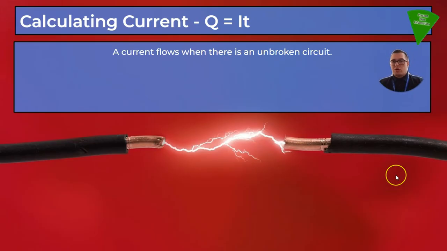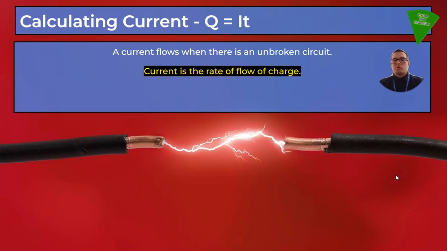Q is the symbol for charge, and any object that has an electric field is charged. Depending on the direction of that electric field, it is positive or negative. When we are talking about electricity, the vast majority of the time we're talking about electrons in a wire. We can of course talk about ions in a solution in electrolysis, but it's almost always going to be electrons